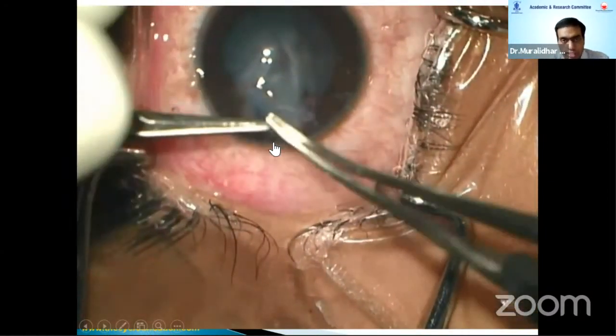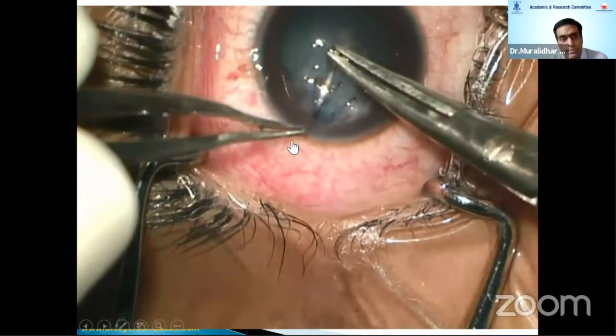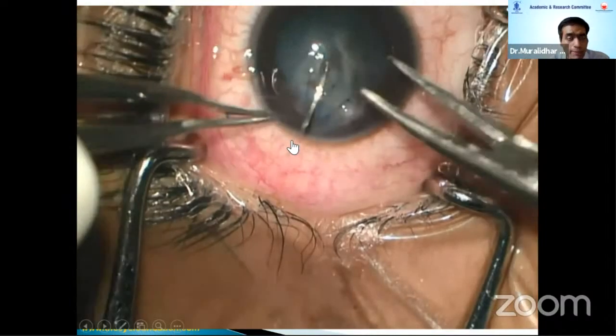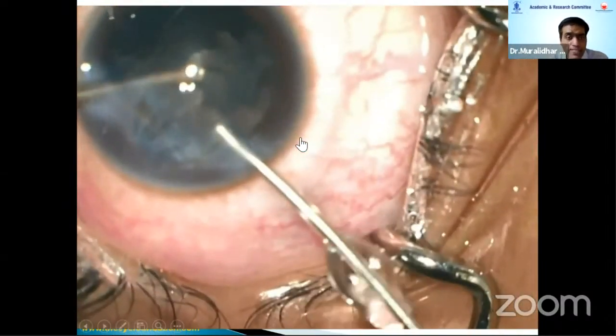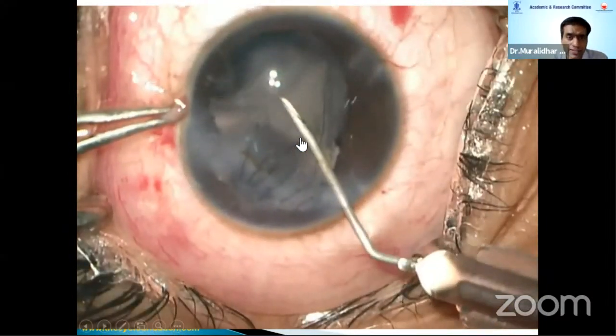So we did it in 2 stages. We repaired the perforation. In this patient, just 2 stab incisions are enough, and you can use a bimanual rhexis. Finish off the PPC. Please note that the PPC tends to fibrose very fast in traumatic cataracts.